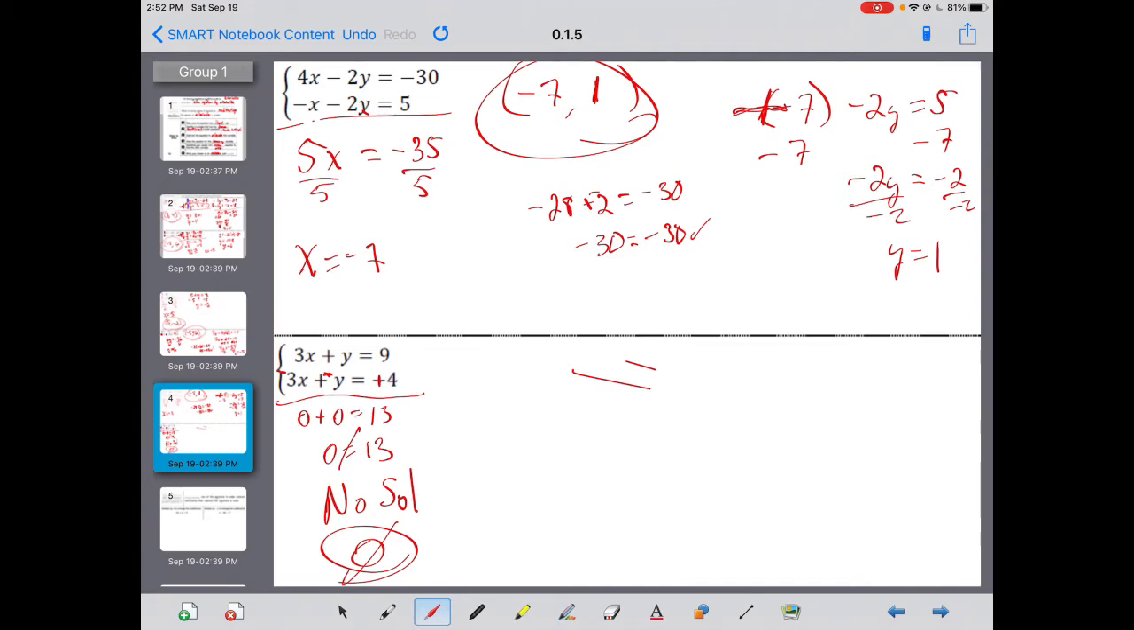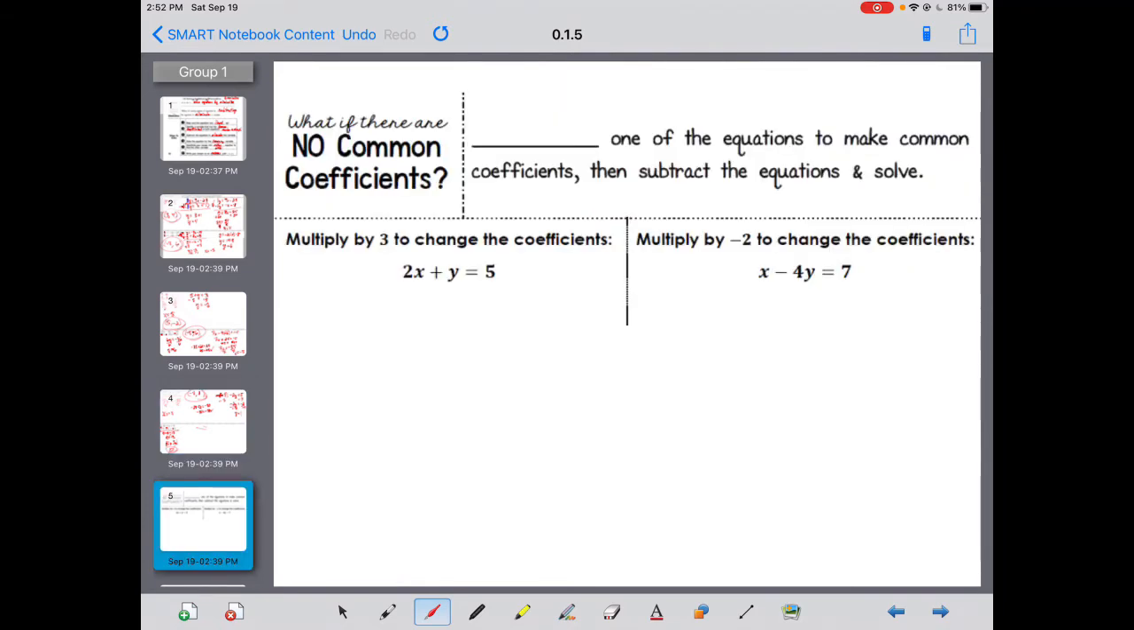Okay. False statement, no solution. If you were to get something where you get 0 equals 0, everything eliminates to infinity and beyond. Now, what if there are no common coefficients? What if they don't have the same number in front? What do we do? Well, we are going to multiply, just like we've been doing, by a negative 1 and